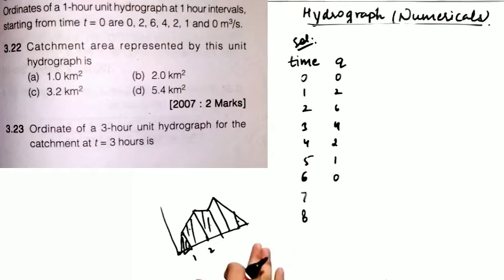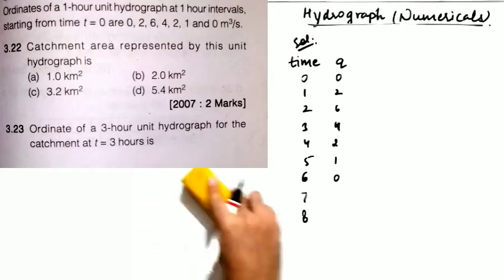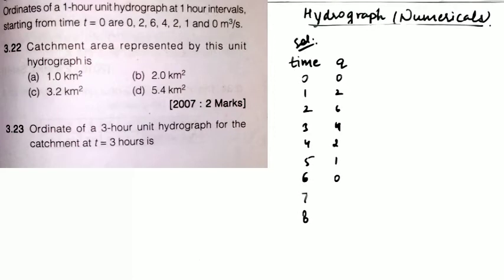So you have to take the area under this complete structure and equate it with the volume of the runoff. How will you calculate the volume of runoff? Volume will be calculated by area multiplied by depth. Since you have to calculate the area, you will write area as A and depth will be written as 1 divided by 100, since the hydrograph is a unit hydrograph. Now moving to the second part, I hope you will be able to solve this first part.